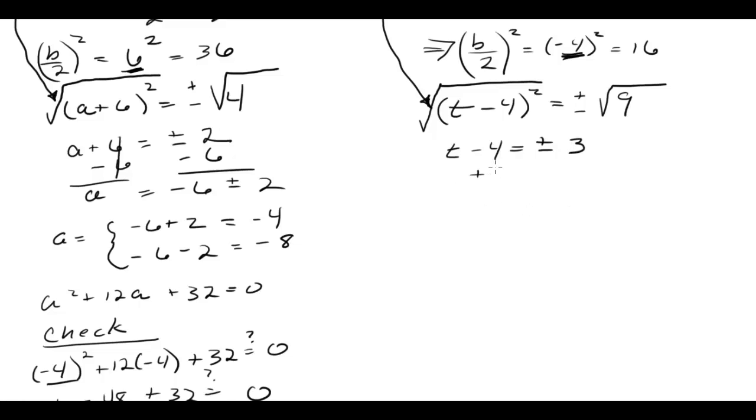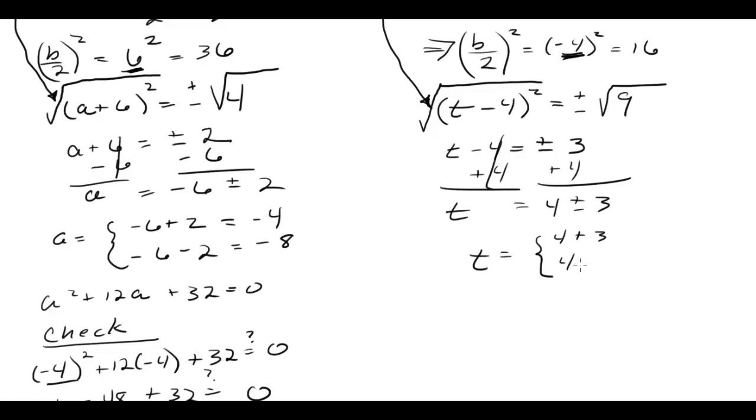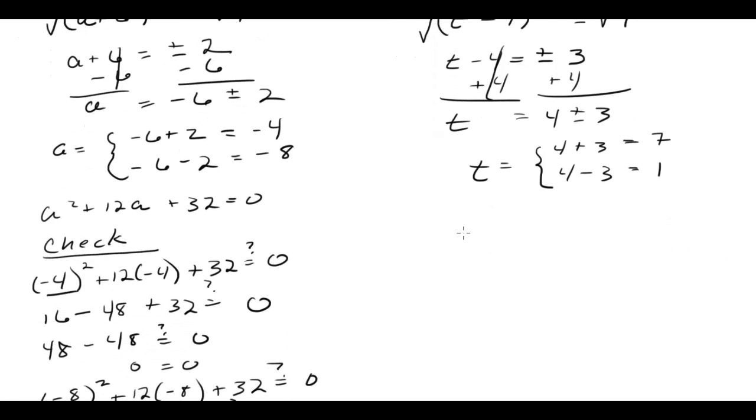Solve for t by adding 4 to both sides. And what do I get? I get t, that goes away, equals 4 plus or minus 3. All right, let's express that as individual solutions. So we get 4 plus 3, that's one solution for t, or 4 minus 3, that's another solution. 4 plus 3 is 7, 4 minus 3 is 1. Again, we want to check,